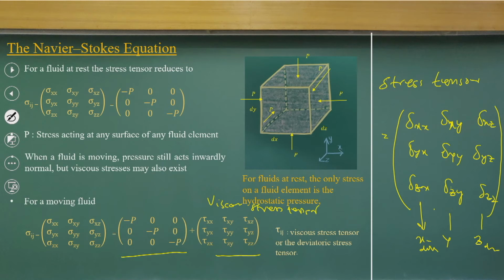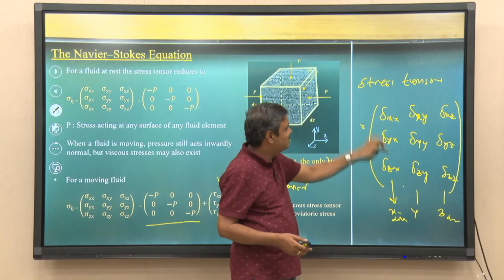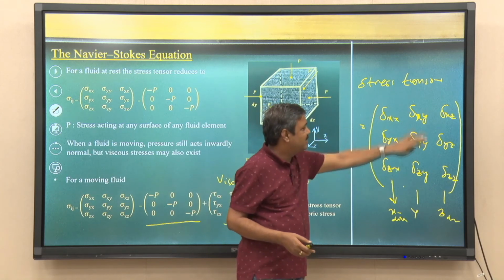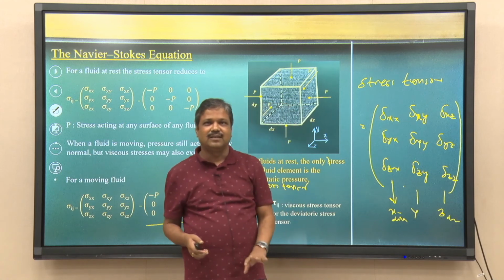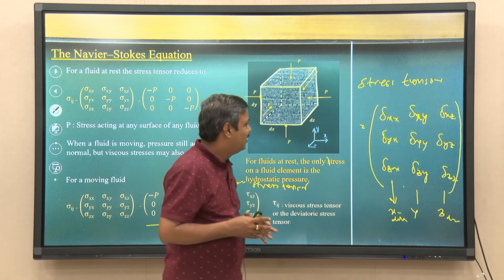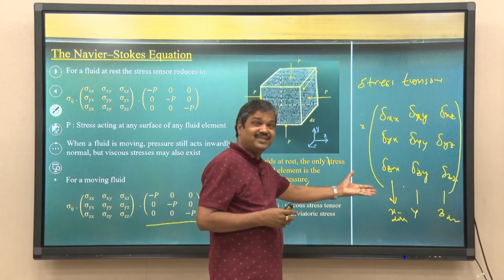Always have a practice to write these subscript form components. This is the x direction, this is the y direction, this is the z direction. In the x direction, the second subscript will be x. So, going from up to down, x y z, x y z, x y z, that is all. If you can remember these notations, which is not difficult, because that is